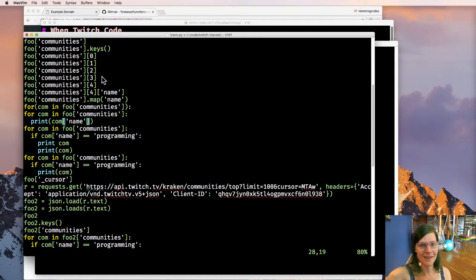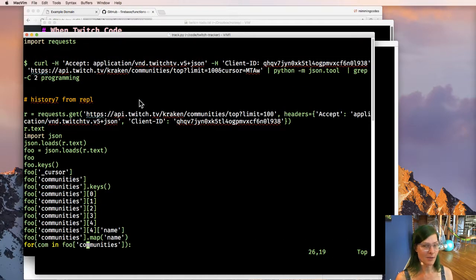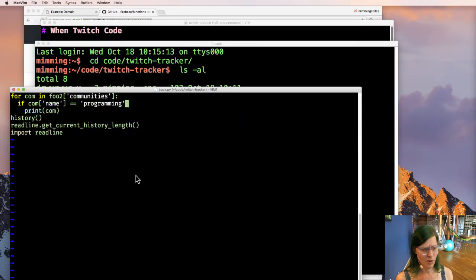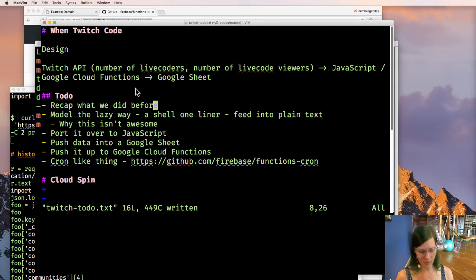This is hilarious. This is why I should probably actually be using version control as I do these broadcasts, which is something I think I may do today. Okay, let's take a step back. Let's move what we have into version control. So we recapped what we had before, and it is madness.